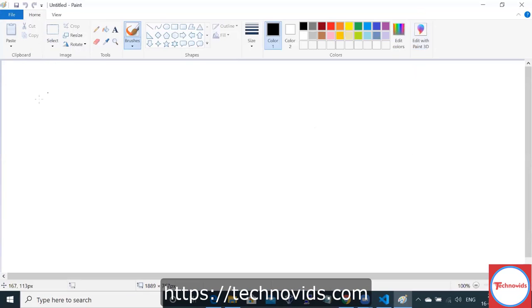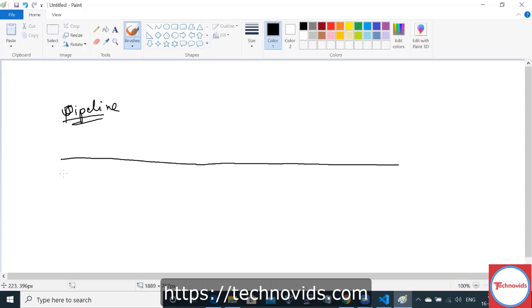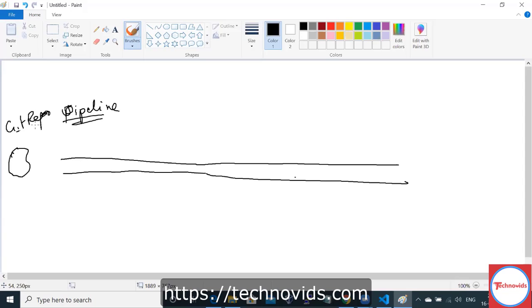Okay, now suppose this is... let's talk about the pipeline. So this is my entire pipeline. Here is your repo, be it in Azure, be it outside, wherever you want. It is your Git repo.